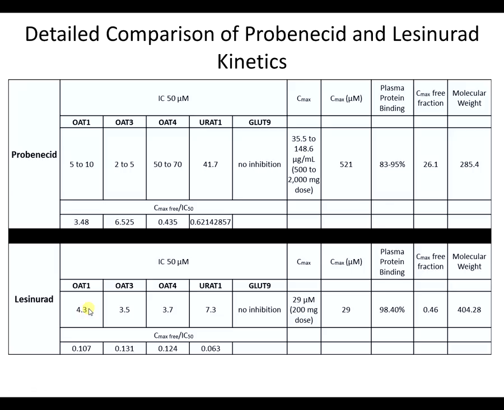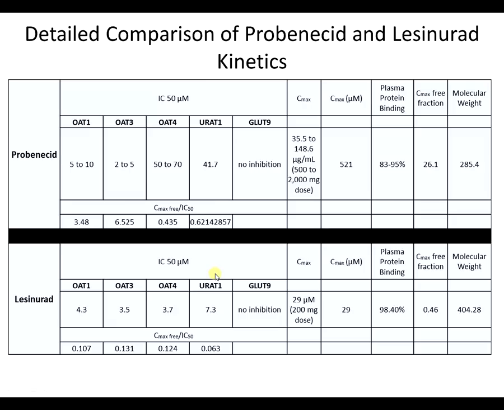Whereas Lesinurad has a relatively similar affinity for all four transporters. And again, because of the concentrative ability of the proximal tubule, both of these drugs will be more concentrated in the lumen. But then this one, because we're already about an even playing field for these transporters, we're going to tip it to this side. So we're going to have a predominant OAT4 and Urate1 inhibition when given a therapeutic dose of Lesinurad. And if we gave a subtherapeutic dose, or if there was poor adherence, we miss a dose, or